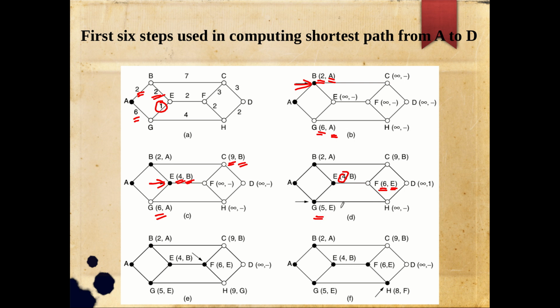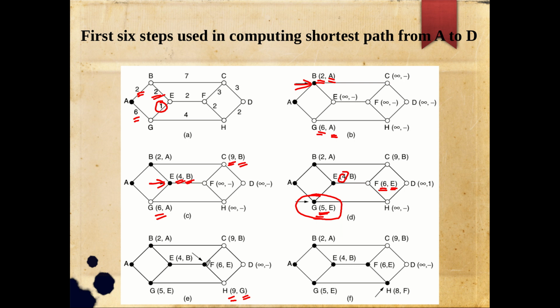Now in the next iteration, out of the so far A, B and E were processed, and from the remaining unprocessed vertices, the one with the minimum distance value, that is nothing but G. So G is the next working node. Again from G the only one unprocessed node is H only, and I can update distance to H as this 5 plus this distance 4, that is 9, and parent to be G. And then